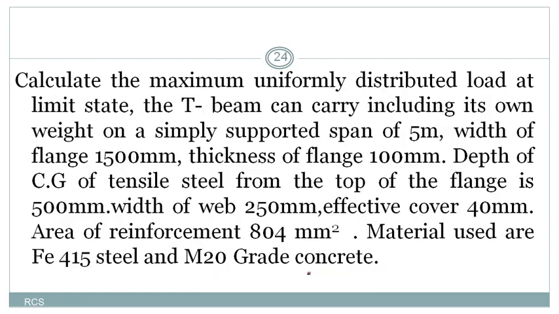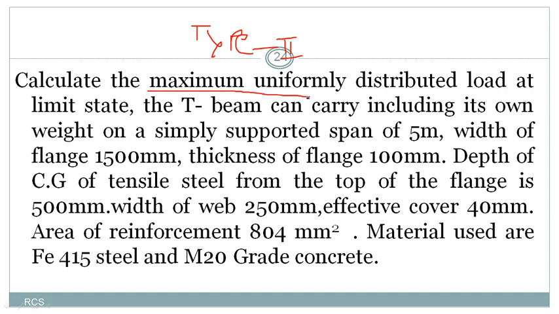Okay. So next we'll discuss the third problem, a type 2 problem related to case 1. Don't forget that we are discussing only case 1, and now we are going to discuss a type 2 problem. Let's read out the problem. Before that, what is a type 2 problem? What inputs are given in a type 2 problem? Material properties, sectional properties, area of steel, and load will be given. From that we have to calculate the moment of resistance, or the safe load we have to calculate.